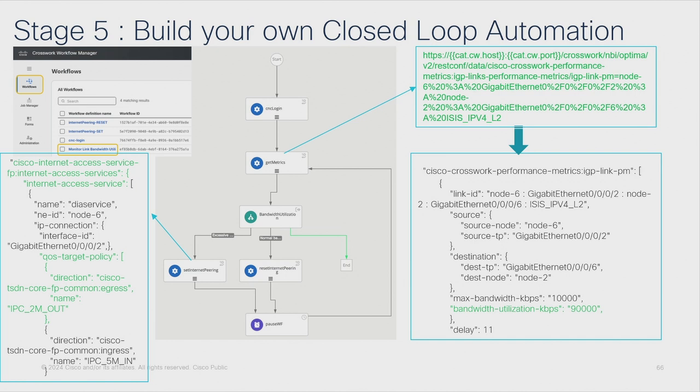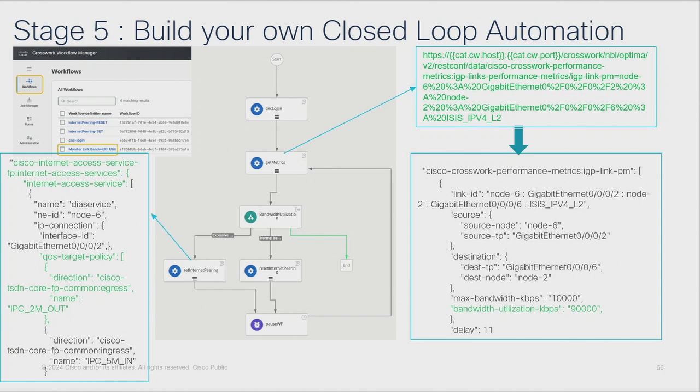And if it finds that this value exceeds the threshold, which is like 9 megs in this case, meaning too much utilization that I don't want to exceed, which is 90% utilization, then if it matches this excessive bandwidth utilization, it will push this internet peering access service to the node. Right, so this is using the key